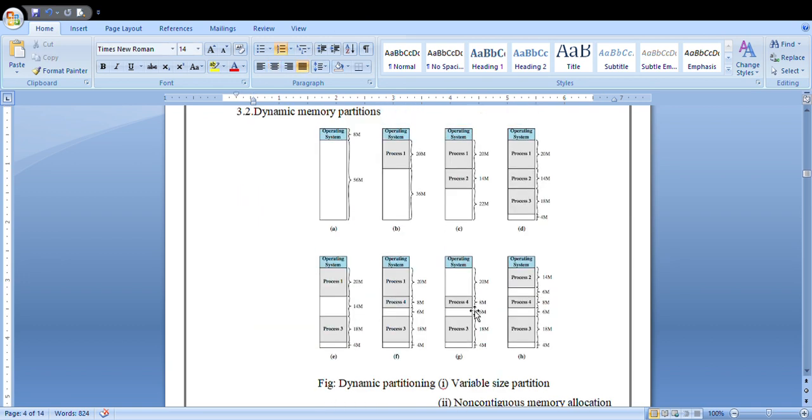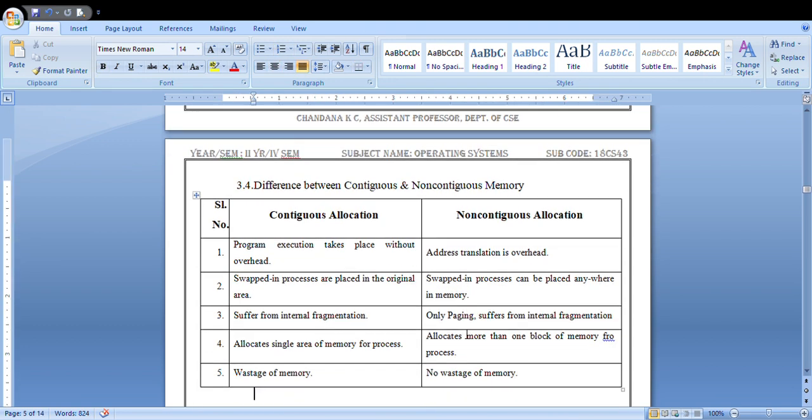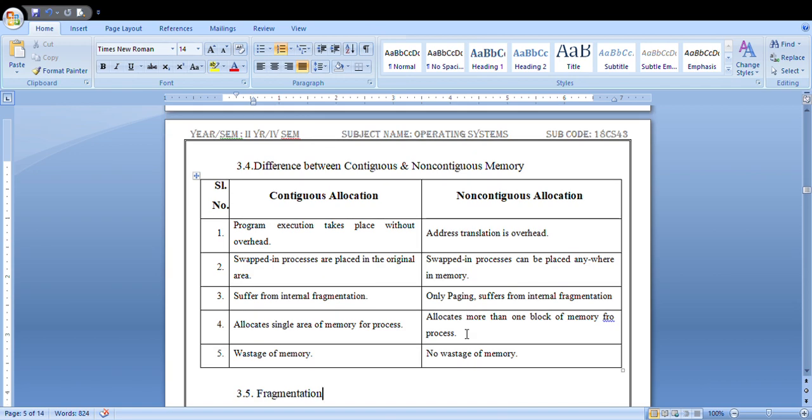And again, process 4 is allocated between process 1 and process 3. For this reason, in non-contiguous memory allocation, the address translation is overhead.